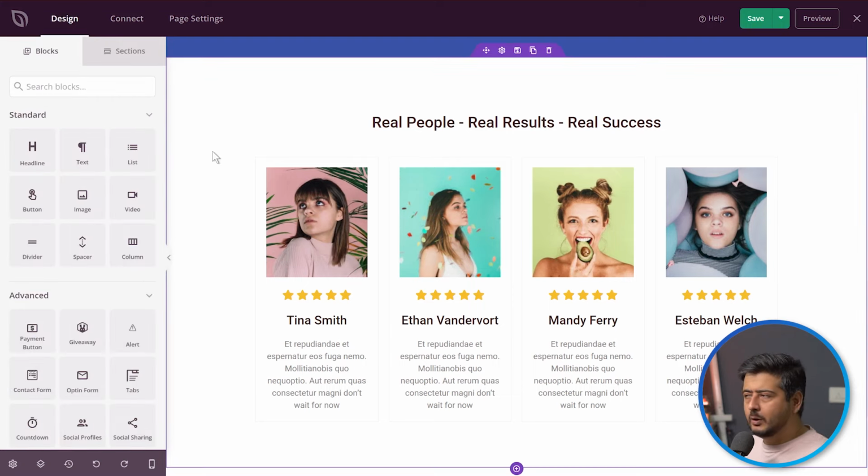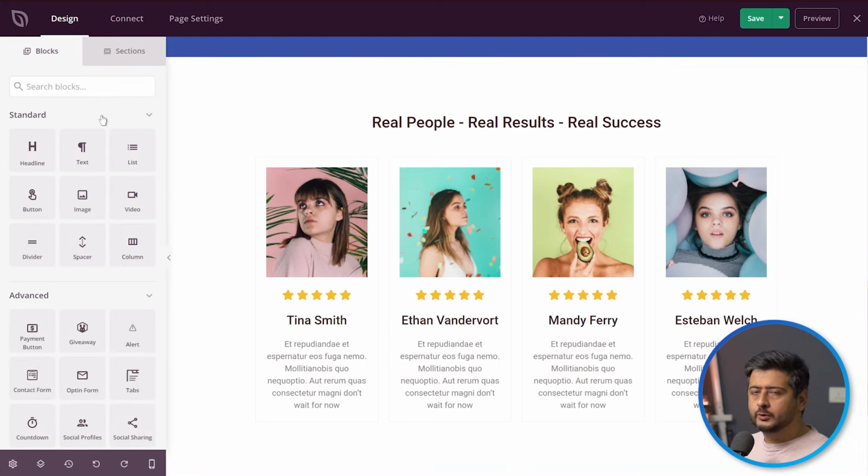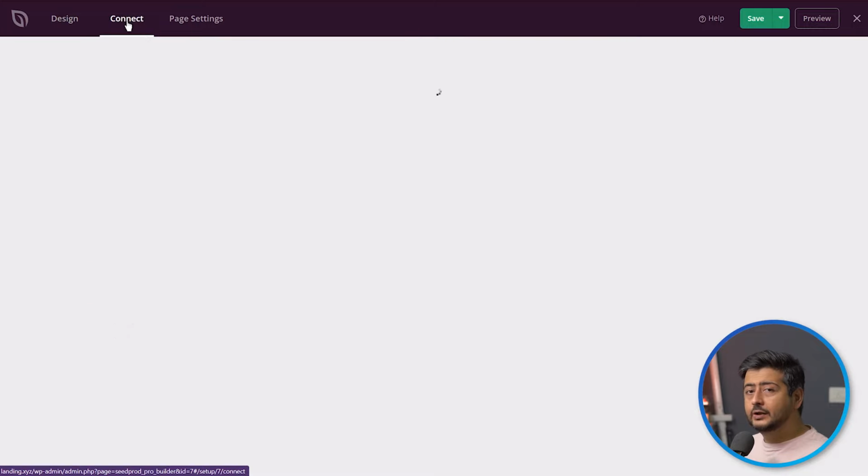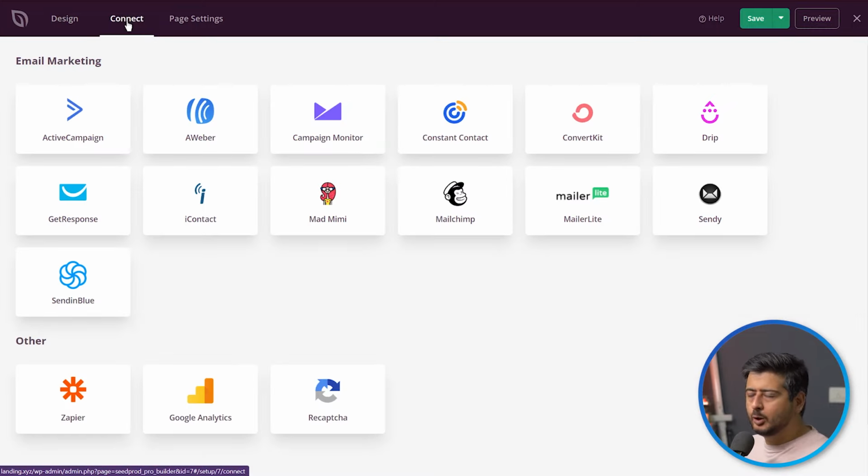So all these options are already clear to you, that you can add blocks and also the global options. But what about actually collecting those emails? There's a connect option which you see right here. When you see this option, you click on this. Now this is a pro feature, so in the free version you might not be able to use it, but